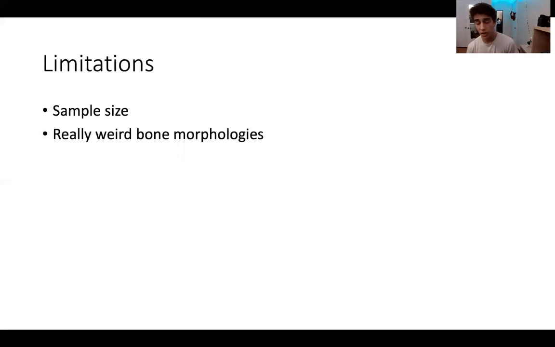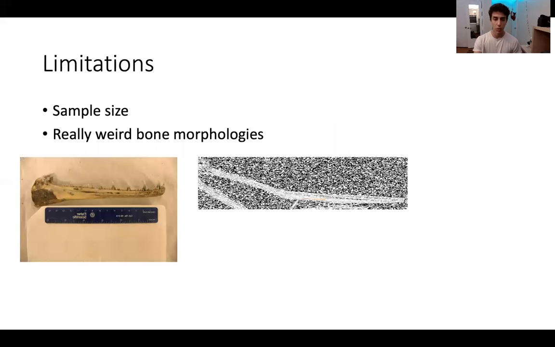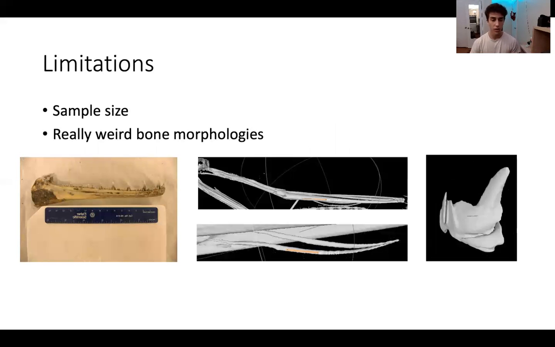We had a couple limitations to our study, namely sample size, but then also some really weird bone morphologies. For instance, with this jaw on the left here, it's a more ancestral group, which means that the dentary and the articular process are fused, making our landmark scheme really hard to place. Then we had this jaw here and this serratihyle, which both look very atypical. And then for jaws that were maybe a little bit wider, the orientation that we had them at just didn't really do them justice. So working with a new landmark scheme might be more effective down the road, but some of these are just not compatible with the ones that we had now,